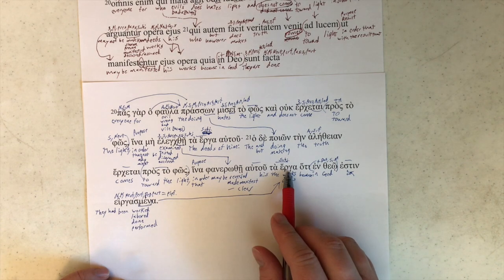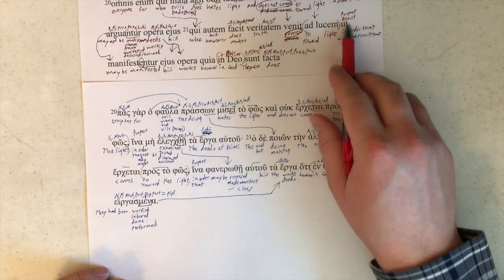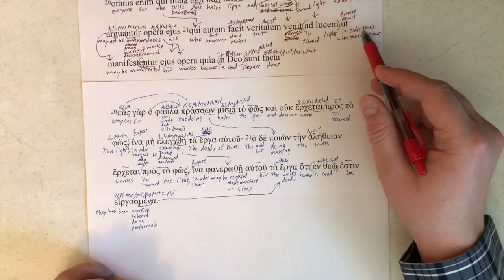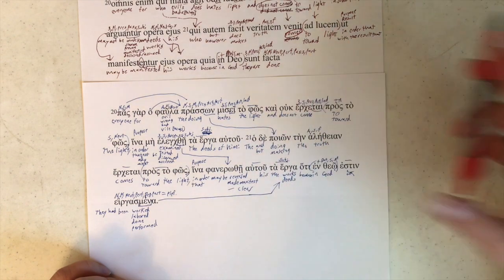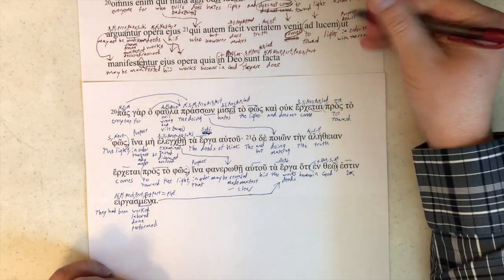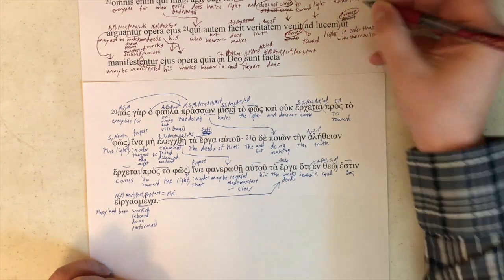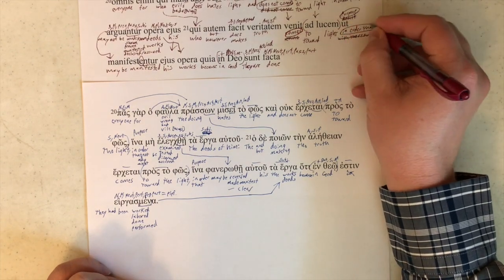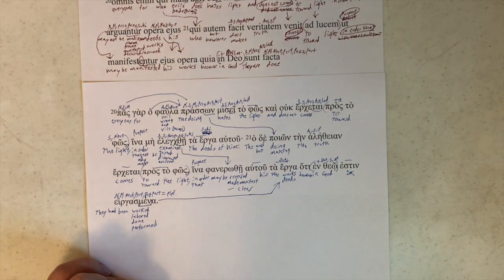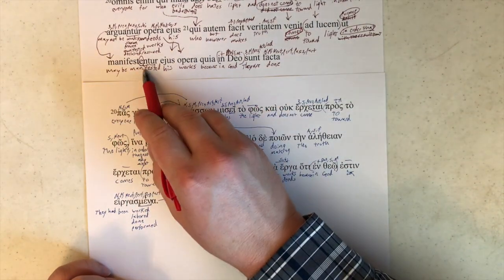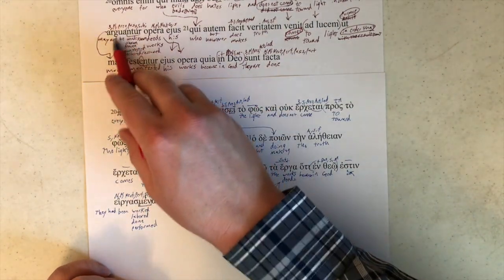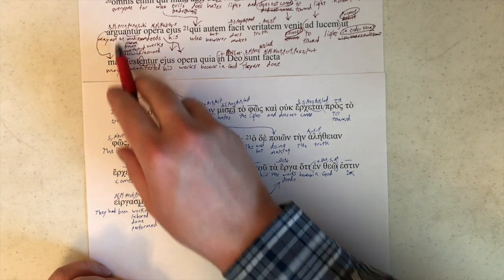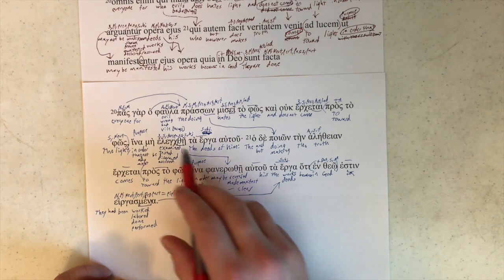His deeds, plural. In order that, purpose or result. It was entirely unclear in the Latin which of these two was correct, so there's no issue there. Since the Greek is purpose, we should treat the Latin also as purpose, not as result. So, manifestentur, we've got another present tense here, so this is just a repetition of the form in essence that Jerome does here, even though both of these are aorist.